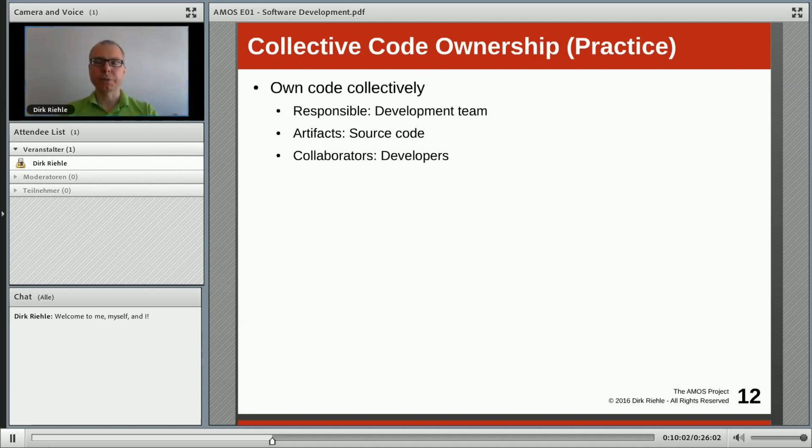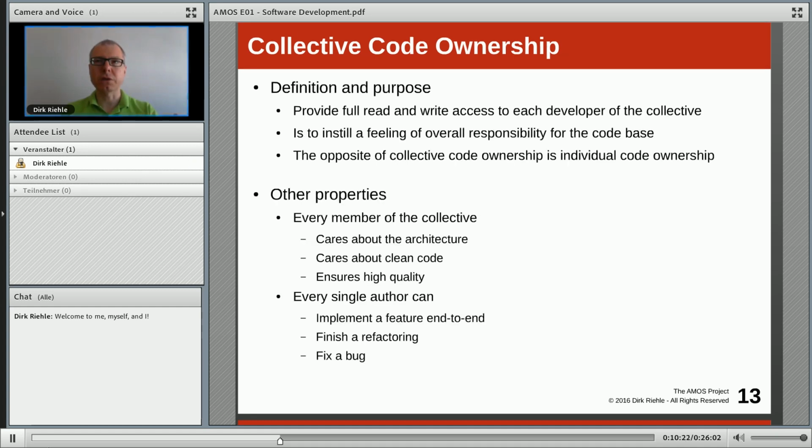All right, on to yet another practice, collective code ownership. Agile methods suggest or actually require that all code be collectively owned. You may think, this is my code and nobody touch it, please. But Agile methods don't want that. They believe that all code is jointly owned, collectively owned. And so everyone should have full read and write access to the code base. The purpose is to really instill a feeling of overall responsibility.